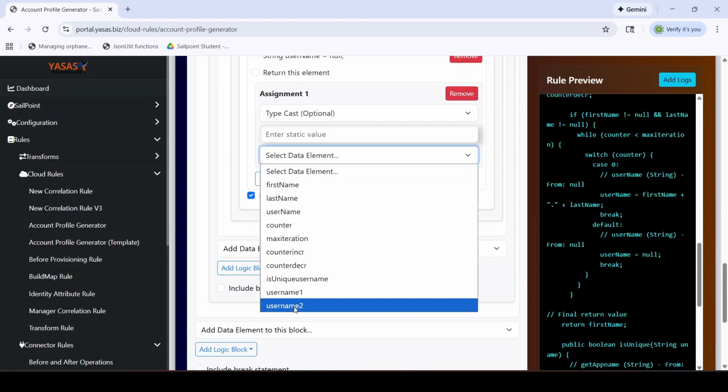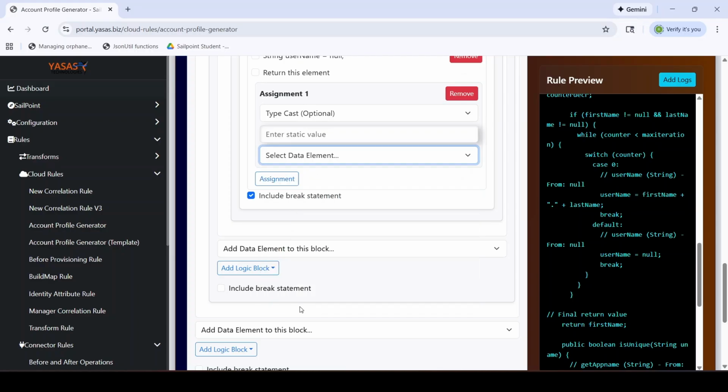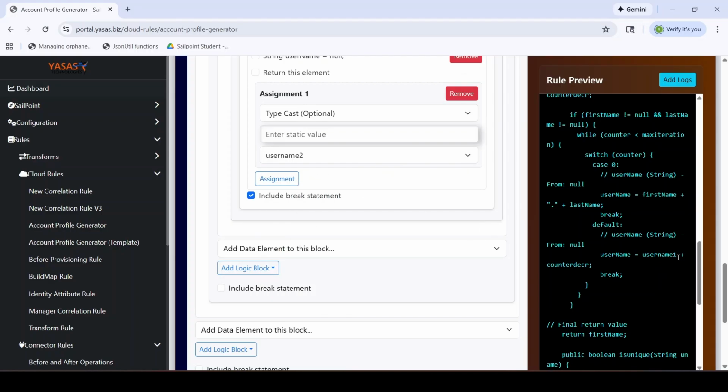So here we will select our next username too. So this is the concatenated version. So as you can see, username 1, which is our first name dot last name, and the counter decrementer. So whatever is the value of the counter at that time, it will decrement by 1 and then basically append to the first name dot last name, and then it will break out of the switch case. And after that, once we make up the username, we are going to check for the uniqueness of the username. So after this, we will add another if condition,